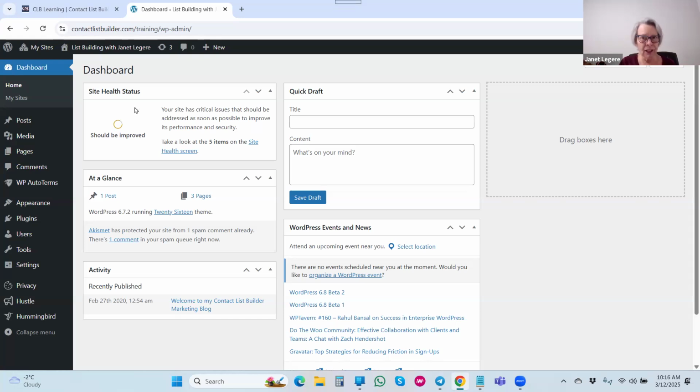Now, I'm not going to go over everything. You don't need to know everything in the back office here. There's a few areas that you're going to want to pay attention to that you may want to know in the future. Once you've got your blog set up, if you want to add a form, add the widgets, change your pictures, once you've got it set up, all you're going to be doing with your blog is coming in and writing blog posts. Okay. So on a daily basis, you're not going to be in here changing things. It's like a set and forget. Once it's set up, then it's just a matter of